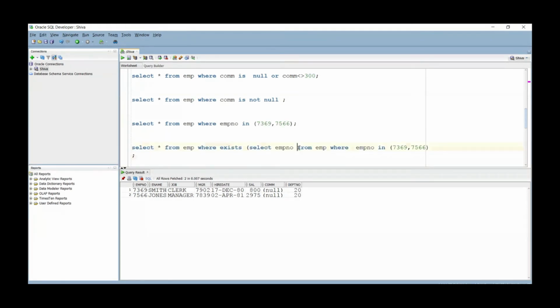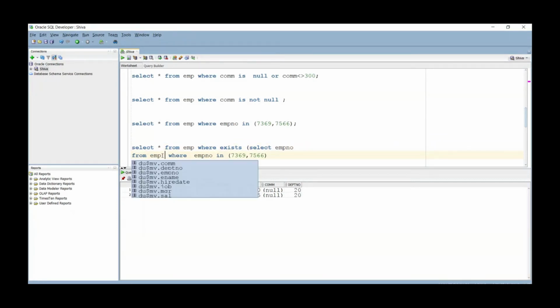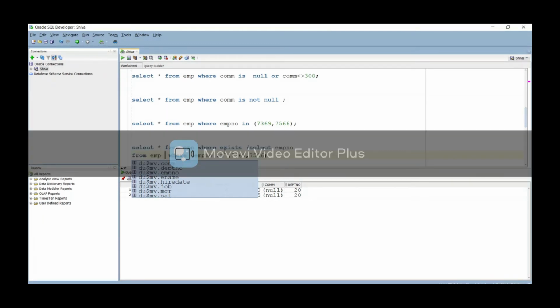This is not a correct query. I am going to write the query in a different way. Otherwise we will use the other thing, like, one minute.